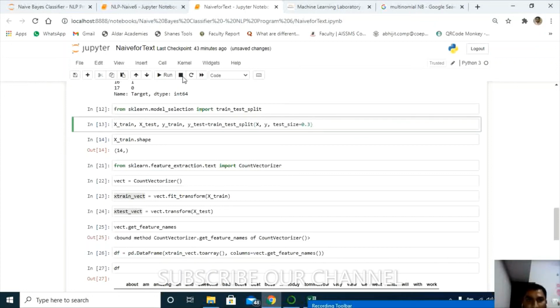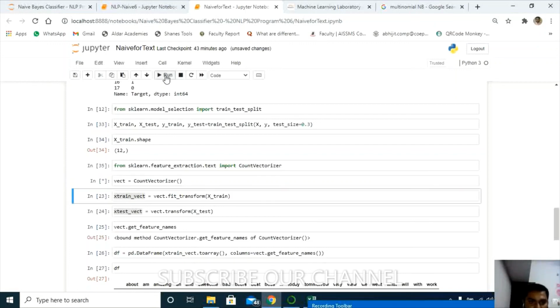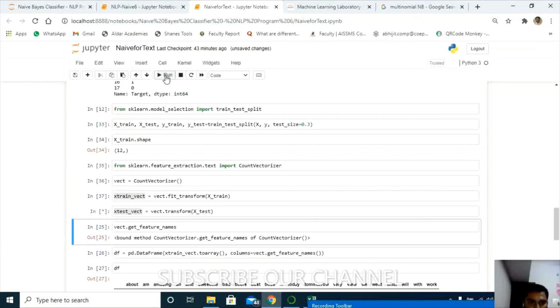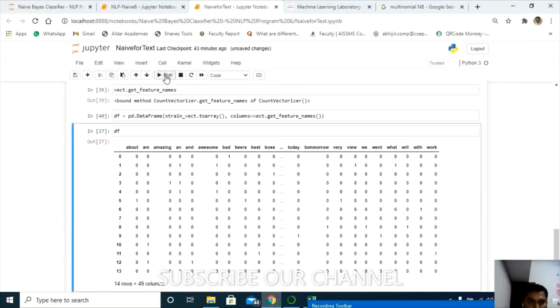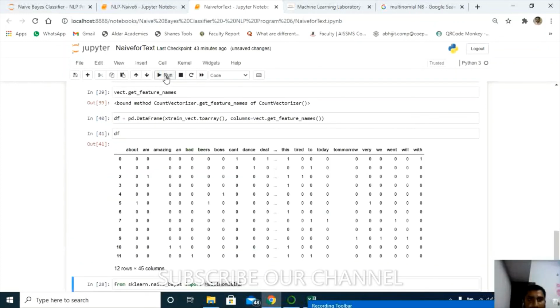Let me run this, and run again. It has taken 12 records now. Vectorization, run this, run again, again run, and the df also you run. Now you can see the conversion of only 12 records.